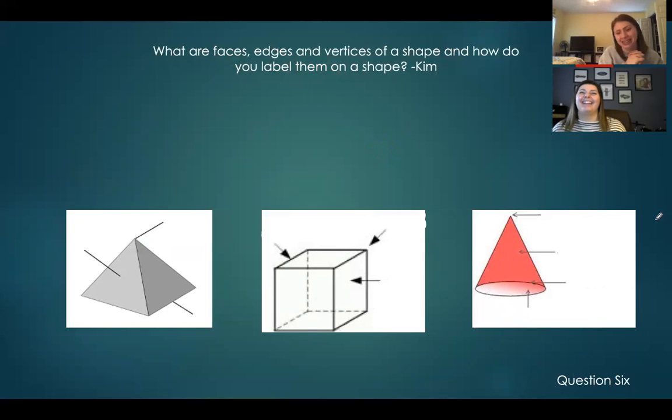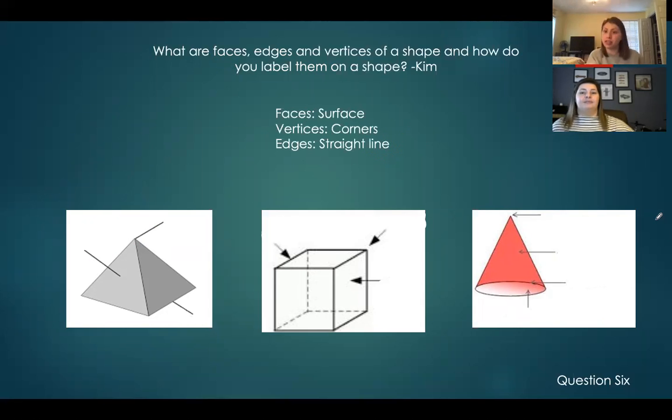So, Kim, we've talked about faces. We talked about edges. Well, we haven't talked about edges. I'm sorry. We've talked a little bit about faces, but what are faces, edges, and vertices of a shape, and how do we label them? Okay, so like what he was doing, we already know what faces are. They're the flat surfaces on a shape, right? Vertices are where,